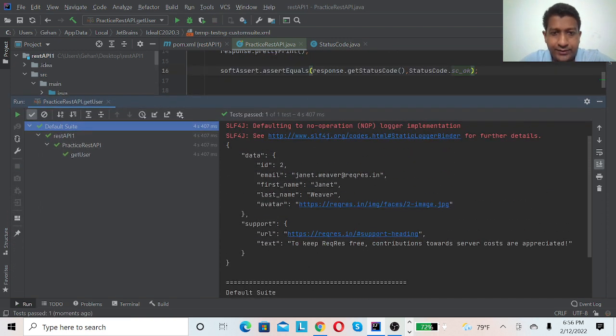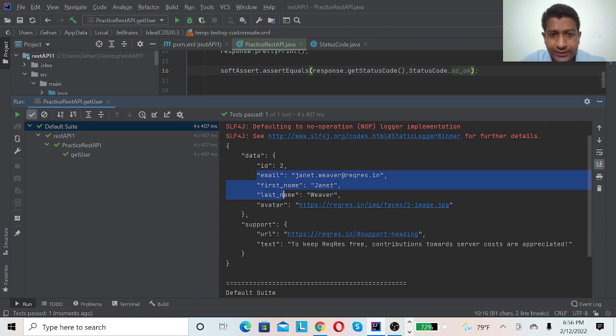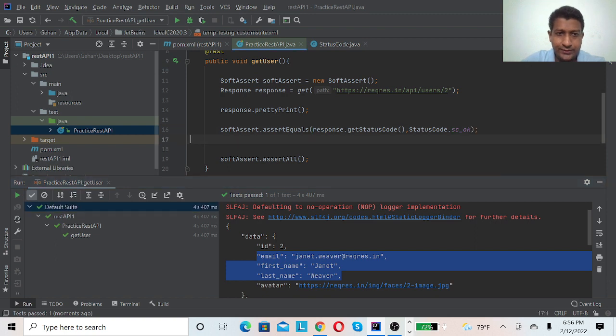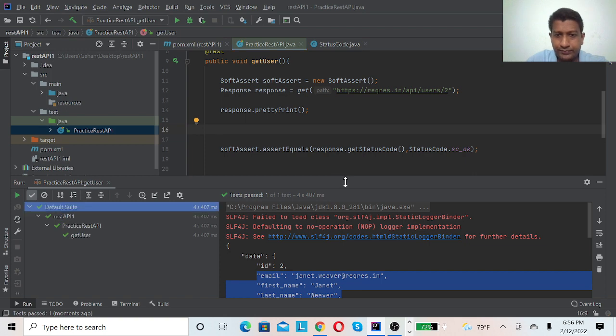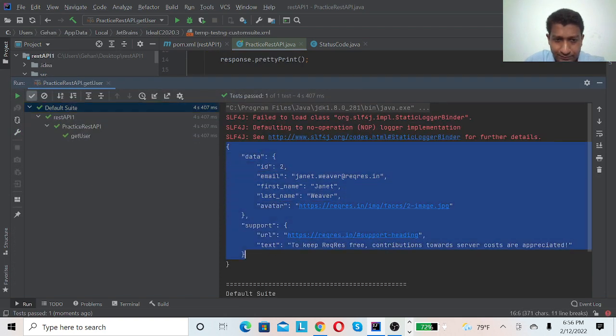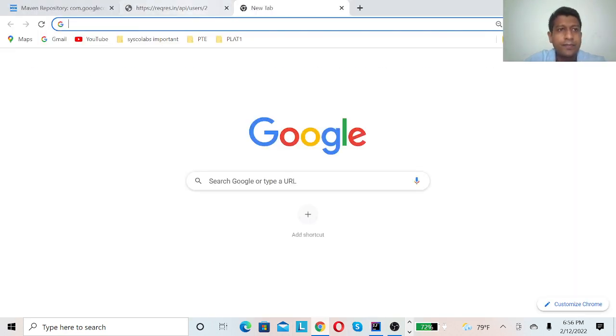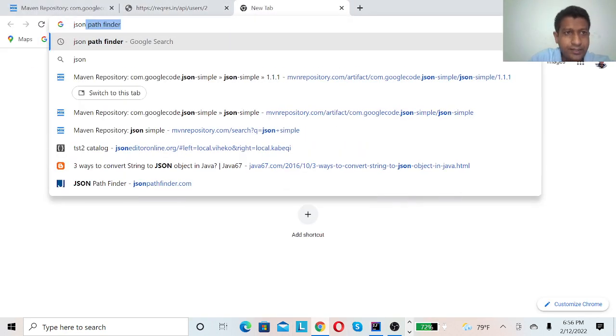So you can see it's passing, and I need to assert first name and last name. So how do you do it? It's to assert first. Let's say I have got the response, and so I will use JSON path in order to capture this first name. So you can copy this response, go to Google and search JSON path finder.